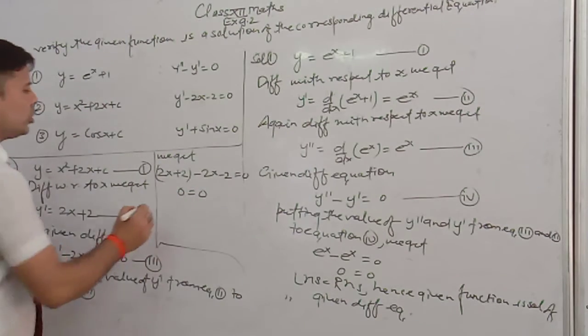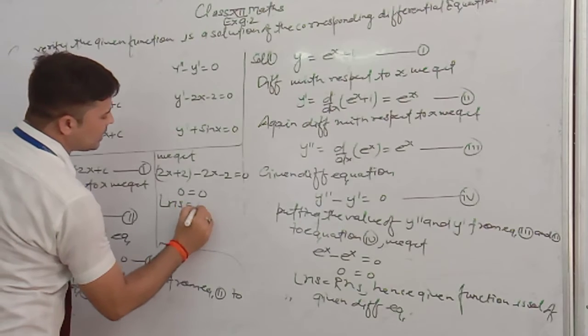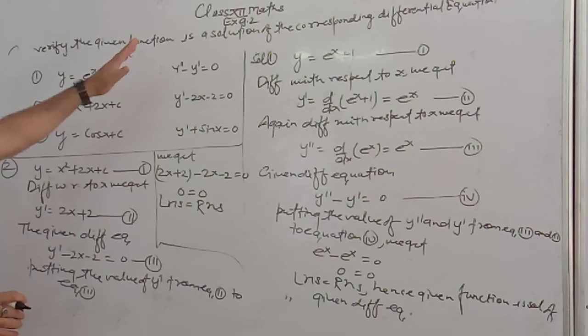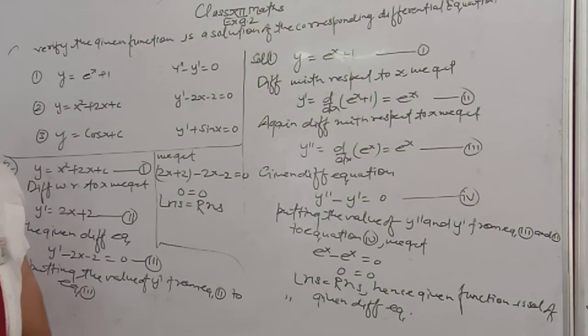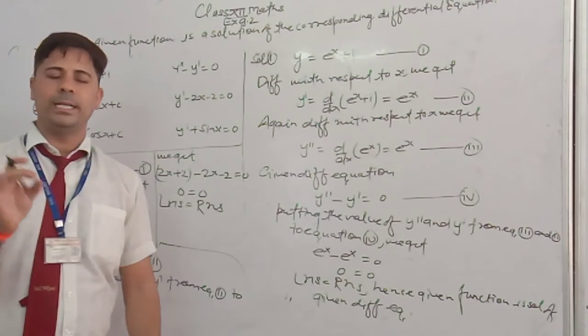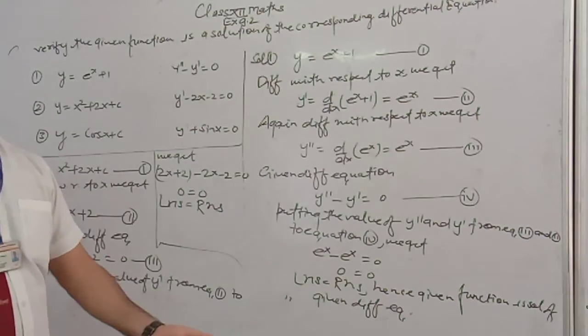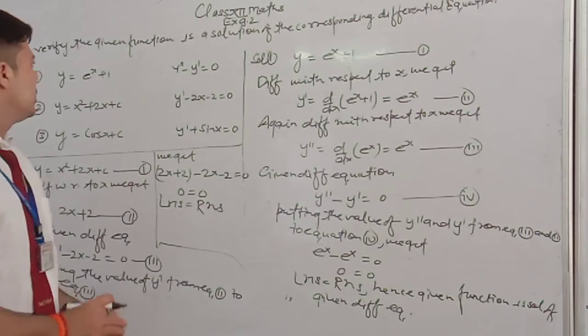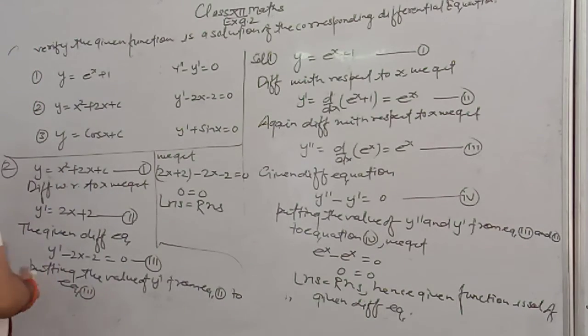Since LHS is equal to RHS, hence the given function is the solution of the differential equation. Now you have an idea how to find out whether the given function is a solution or not. The third question is